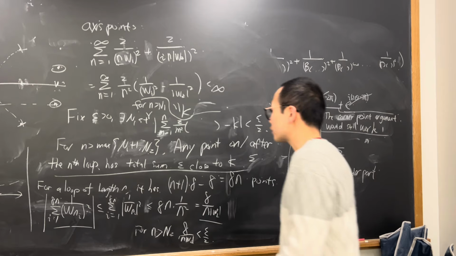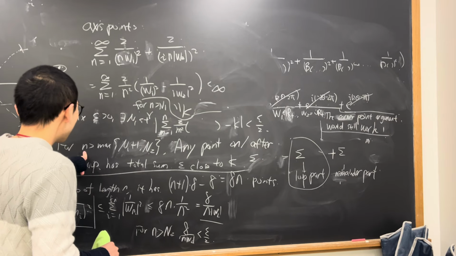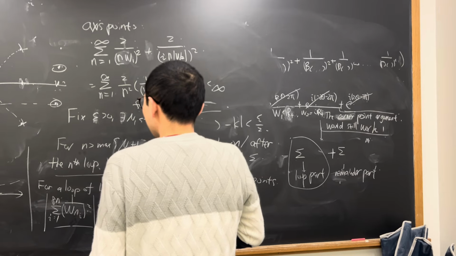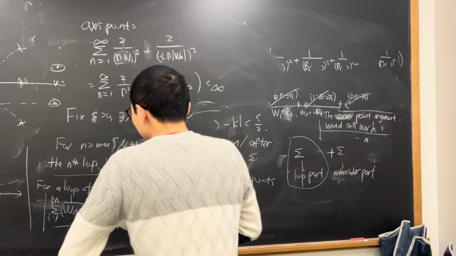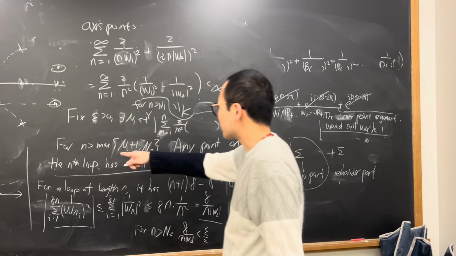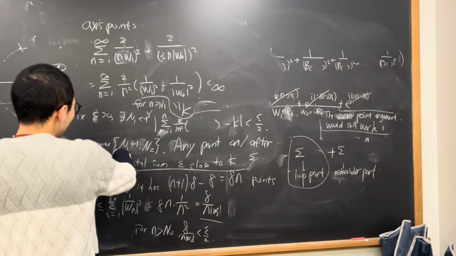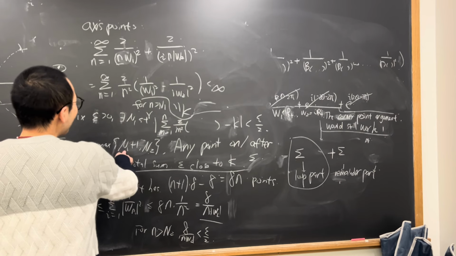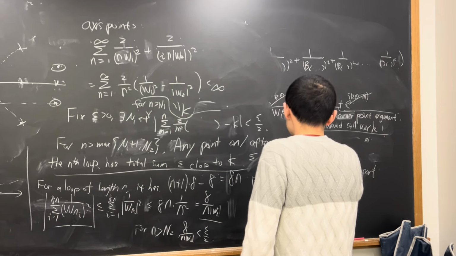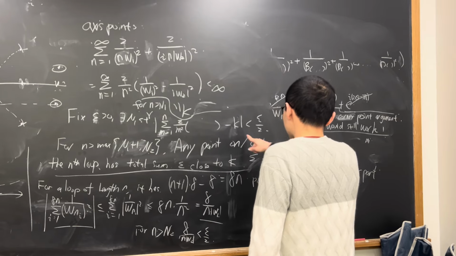And then we know that for this point after the nth loop, if it's on the nth loop, then the loop part is n minus 1, which is bigger than this n1, right? So then we know that the loop part is